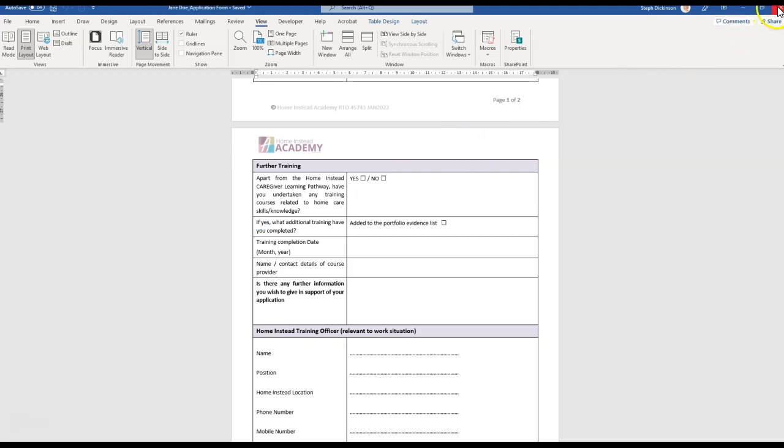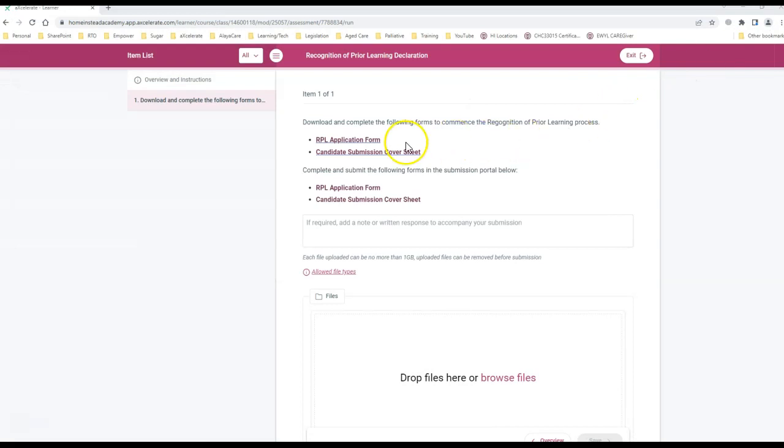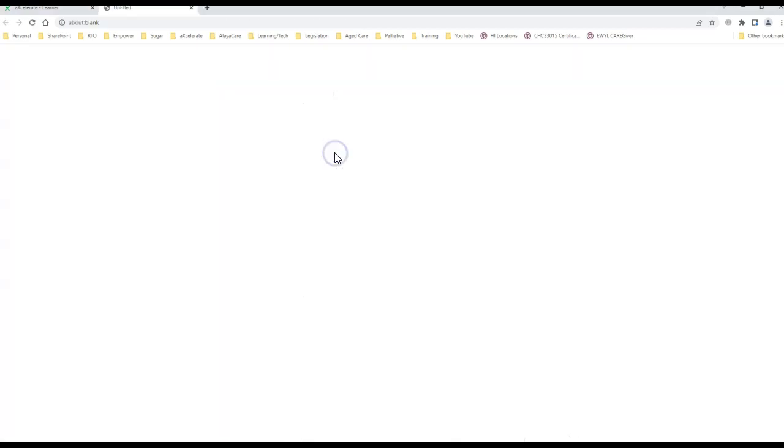Okay, now I can come out of that, so I'm just going to close that down. So I've done my application form. Now I need to download the candidate submission cover sheet. Let's just click on that link there